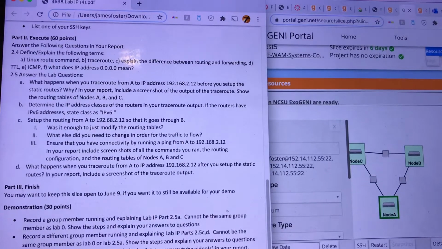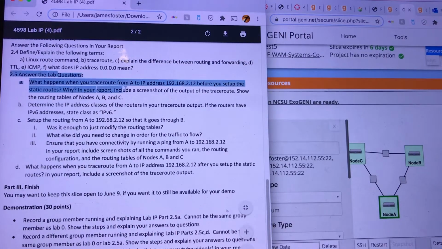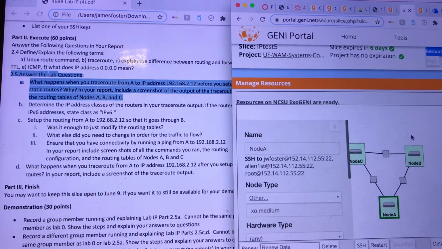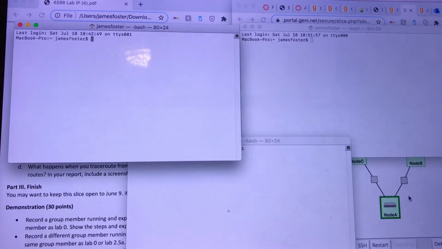Hello, this is James Foster demoing the IP Lab part 2.5a. I have my resources all ready to go, and I have 3 terminal windows open, so I'm